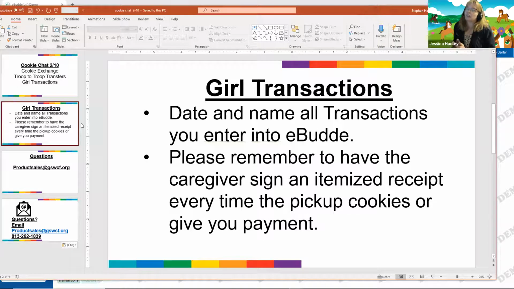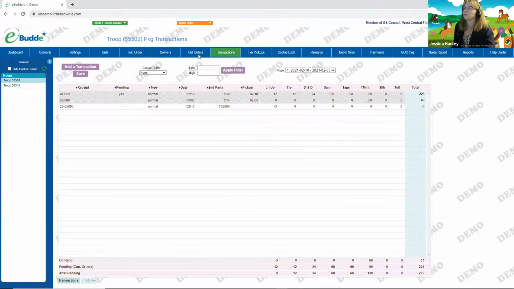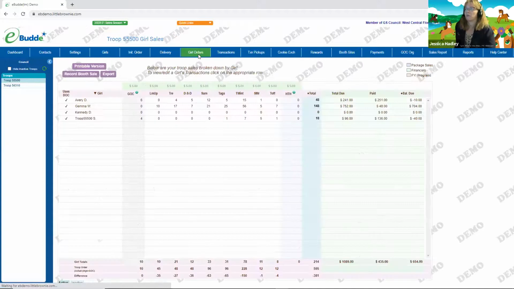numbers, okay? Also remember to make sure you have the caregiver sign an itemized receipt every time they pick up cookies or give you payment, so that they are always signing off on that. So we're going to go ahead and show you some different transactions, why you may have different ones to do